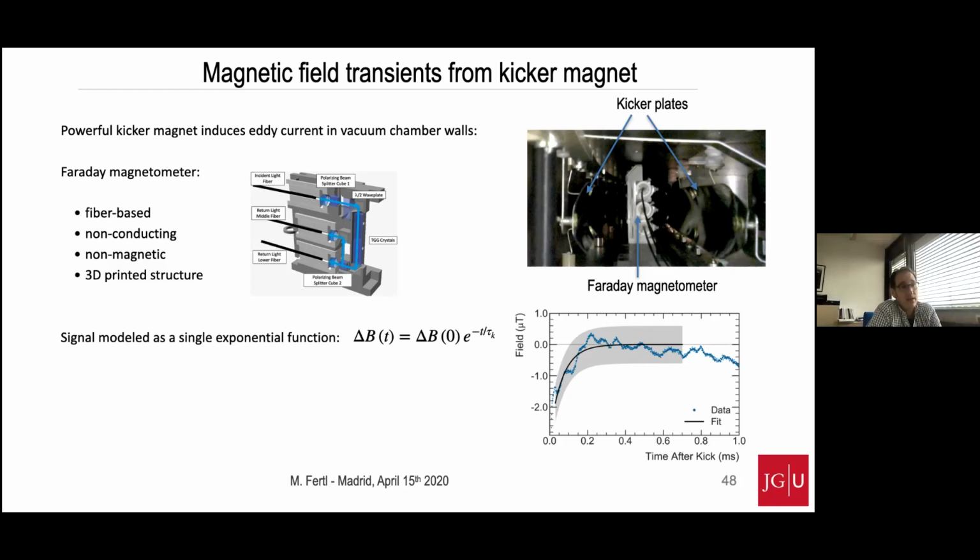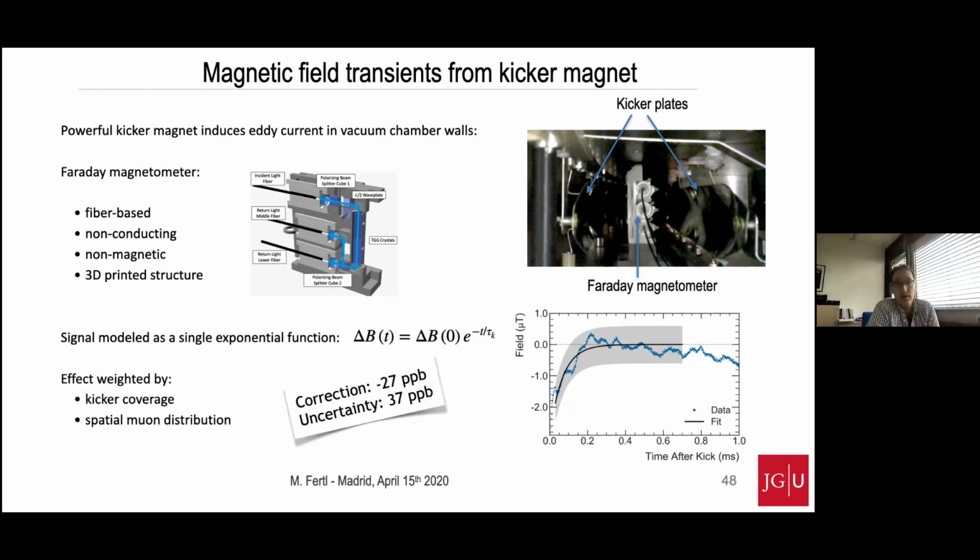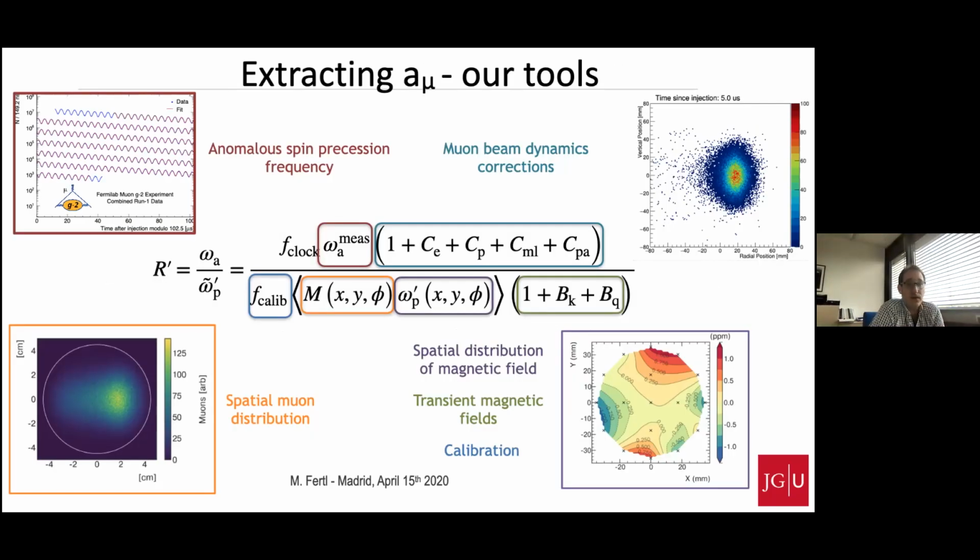In gray is indicated the storage time of the muons, and you can see that there is a systematic change of the magnetic field after the kickers have fired. We have weighted this effect by the kicker coverage, which is roughly 8% of the full circumference of the magnet, and with the spatial muon distribution. And so we have to introduce a correction of roughly 27 parts per billion with an uncertainty of 37 parts per billion. And so I walked you through basically all the different effects that we have to take into account